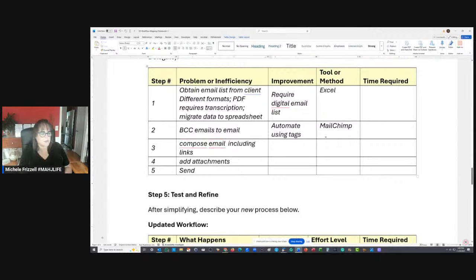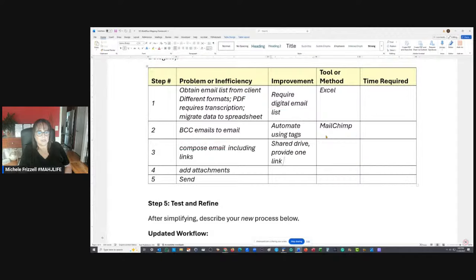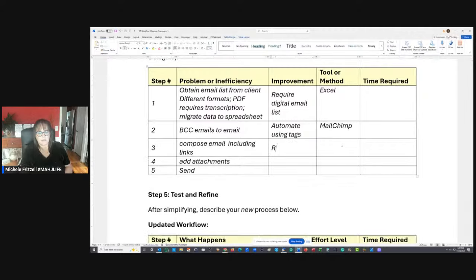The composing the email would be use a shared drive, provide one link instead of attachments. Oh, this would be links. You would have a resources PDF with links. So instead of copying and pasting links, have a resources PDF with links inside.